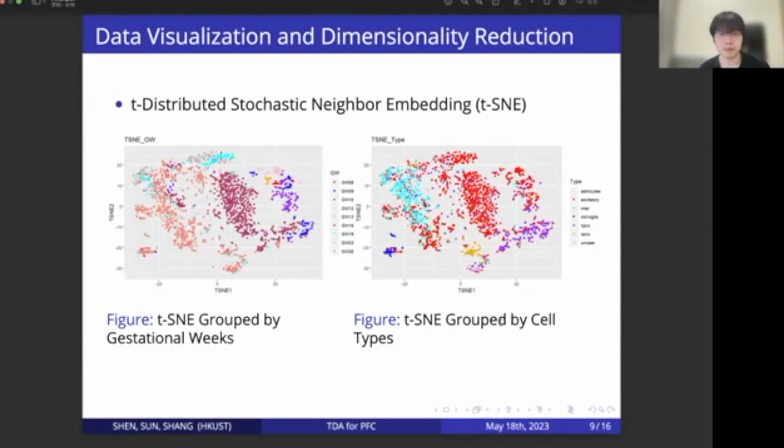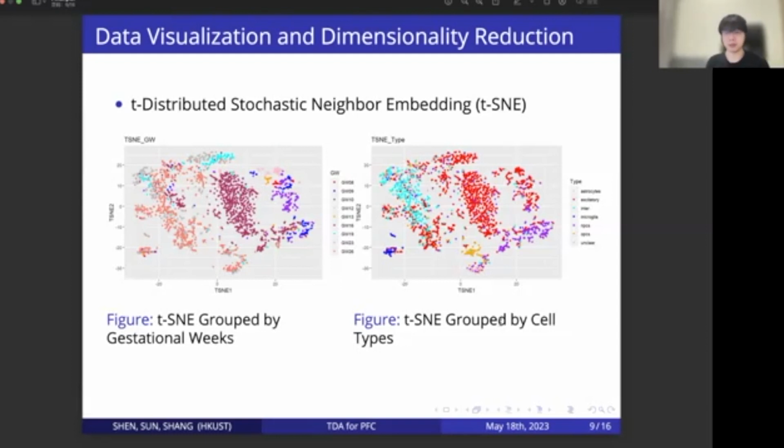The last method we use is t-distributed stochastic neighbor embedding. It is a nonlinear dimensionality reduction technique that is particularly effective in visualizing high-dimensional data in low-dimensional spaces. It constructs a probability distribution over pairs of data points in the high-dimensional space and a similar probability distribution in the low-dimensional space. The technique then minimizes the divergence between these two distributions to create a mapping that preserves the local structure of the data. As you can see in these two graphs, the t-SNE methodology gets the most clear boundary among